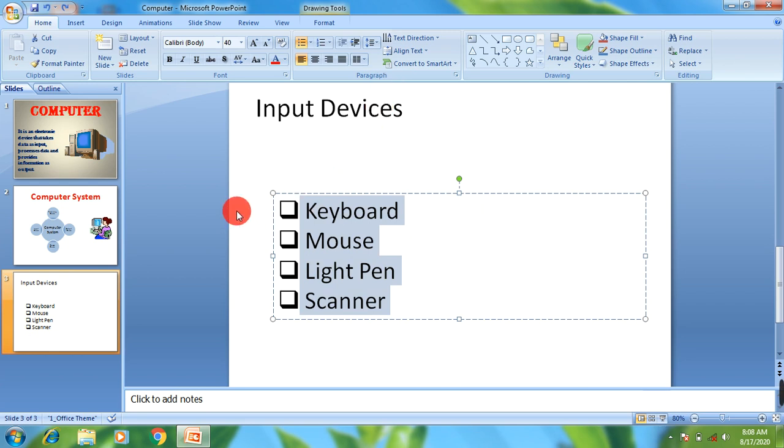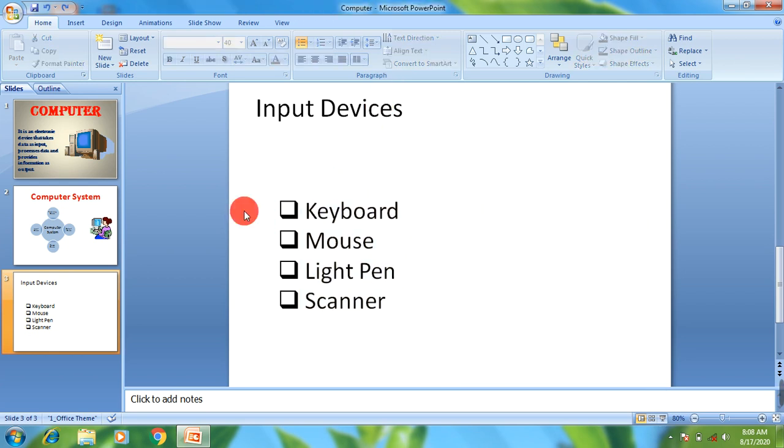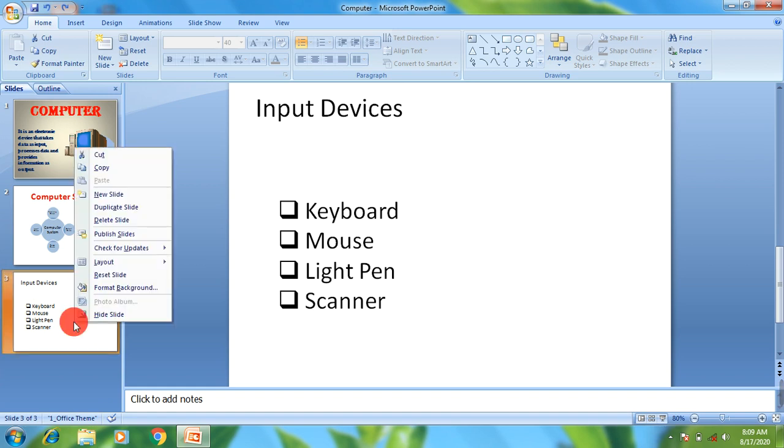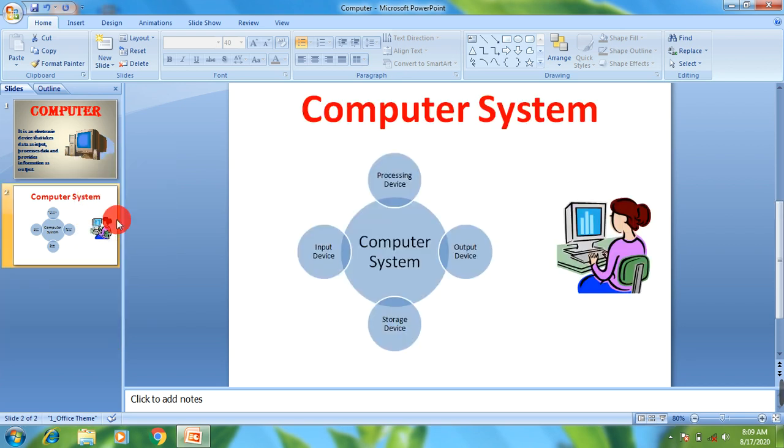Now the last topic for this video is how to delete a slide. Here you can see I have 3 slides and I can delete any slide if I want to. Let's say I have to delete this slide number 3. Just click on this slide. It means you have selected this slide. Now right click over here and you can see the delete slide option. Just click on this delete slide option, and now you can see that slide number 3 is deleted